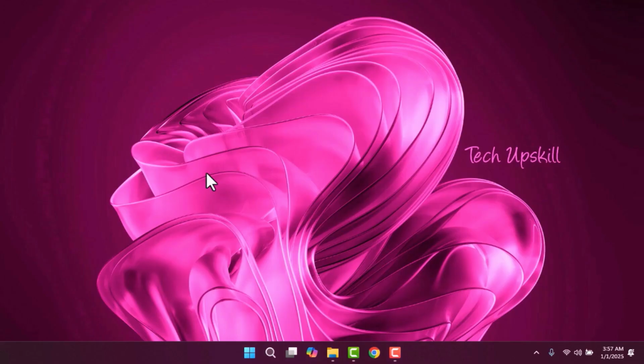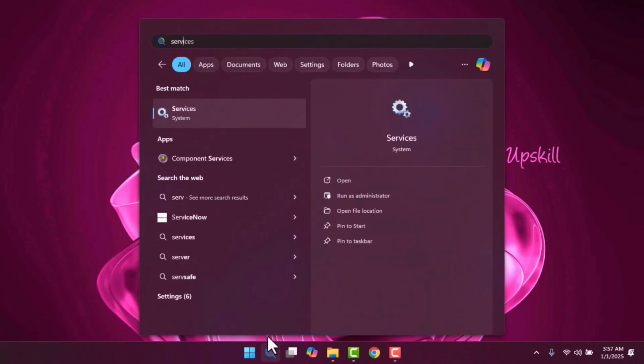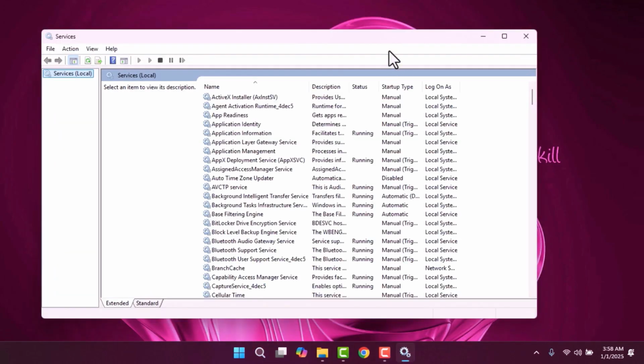To improve network performance and stability on your Windows 11 PC or laptop, you can enable WLAN and WIRED auto-config. This ensures your device automatically connects to the fastest available network without needing manual setup, leading to better connectivity. To enable this feature, open the Start menu or search window and type services.msc, then press Enter to open the